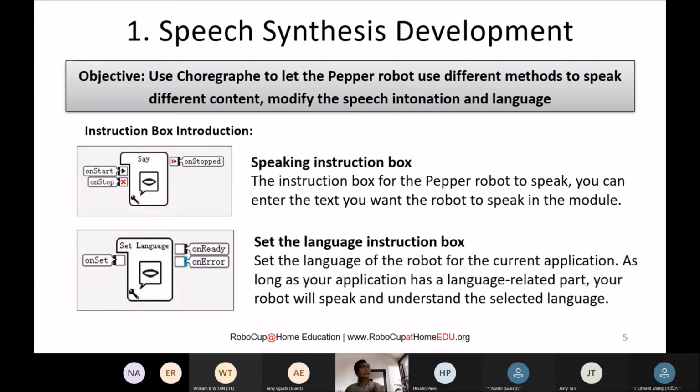Okay, so the first speech synthesis development. The objective is to use Choregraphe to let the Pepper robot use different methods to speak different content, and modify the speech intonation and also language. So not just to speak out the text, but you can also make some adjustments to, for example, the intonation or the speed of